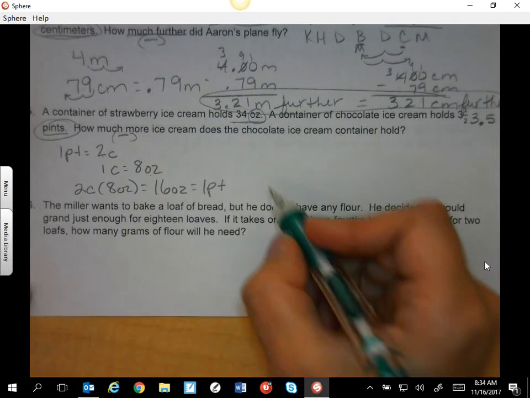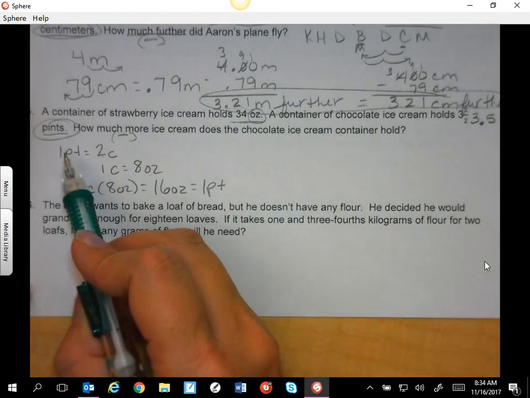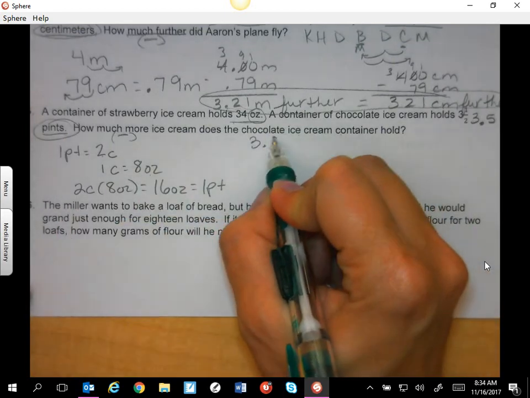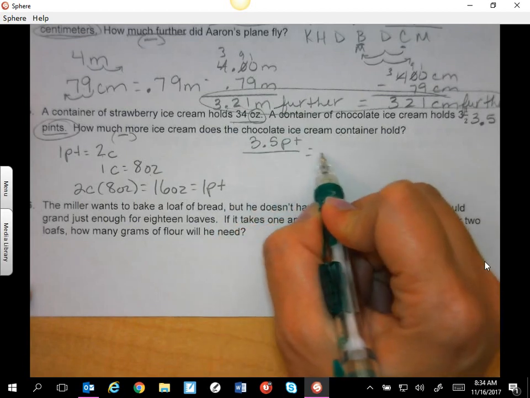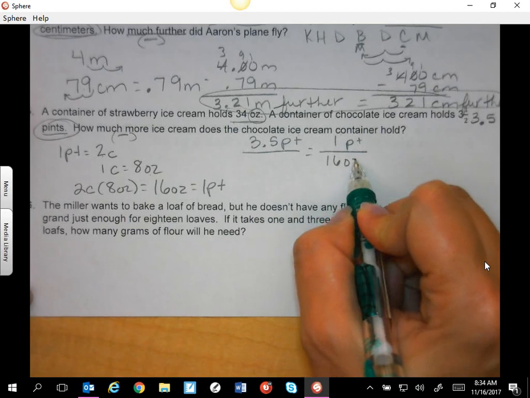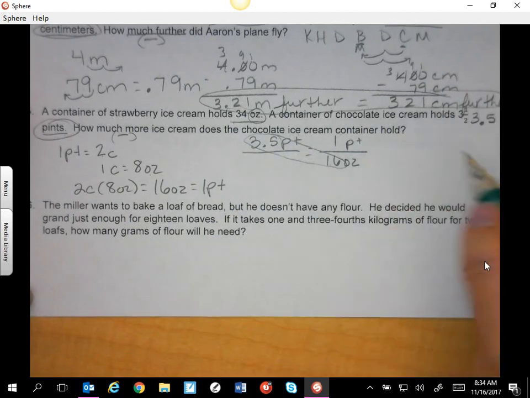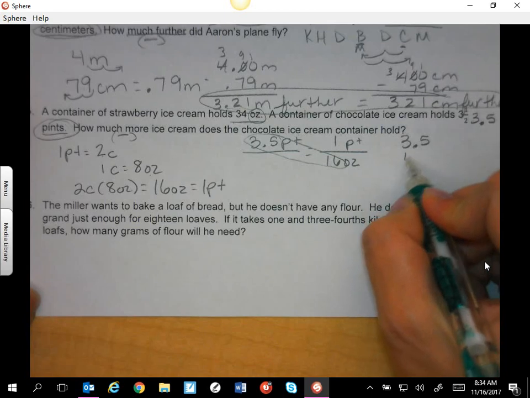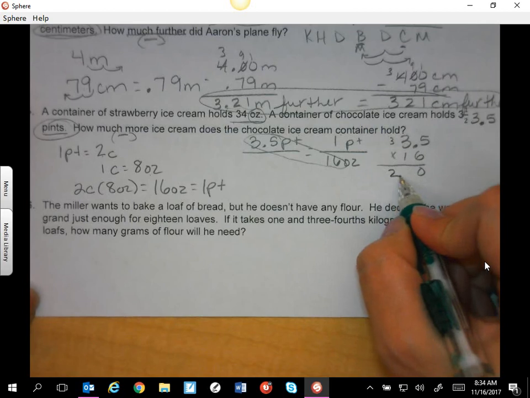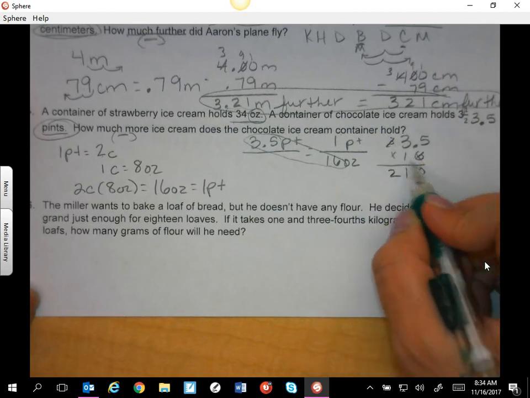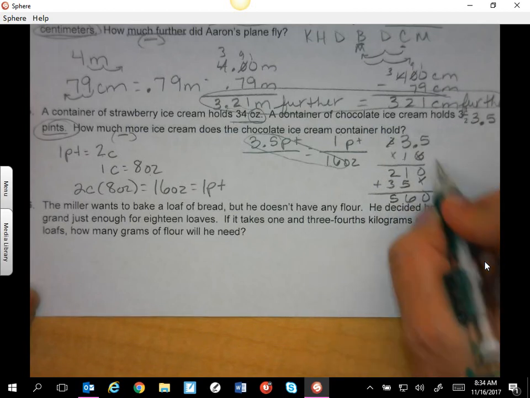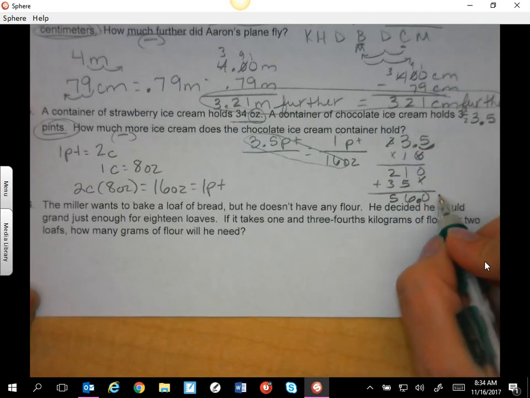So we have 3.5 pints. We can make a proportion here. Okay, I know that 1 pint is 16 ounces. So I'm going to multiply this. 3.5 times 16. This is 30. Here is 3, 18, 19, 20, 21. Don't forget your placeholder, 5 and 3. So 5, 6, 0. Move your decimal. So this is 56